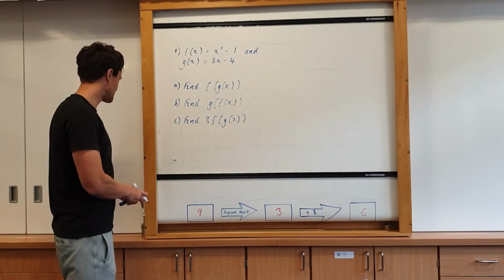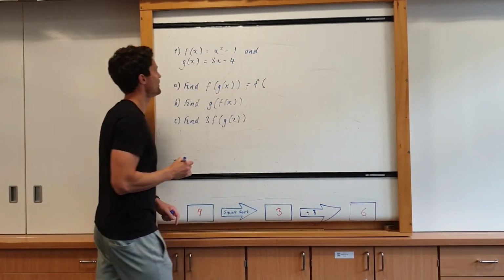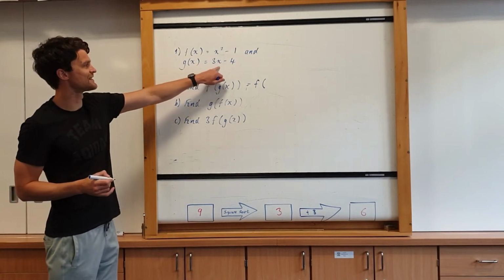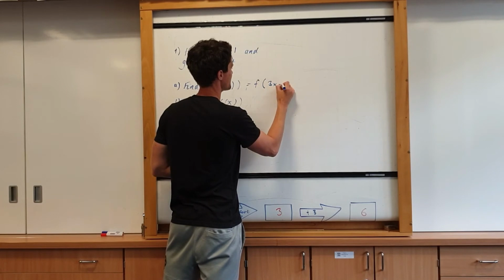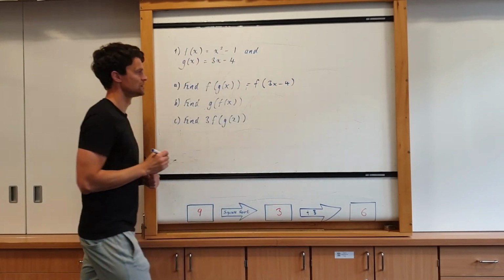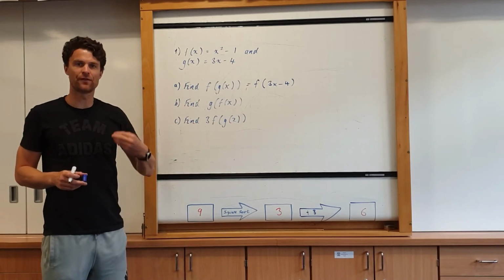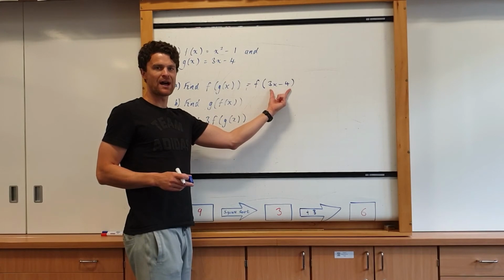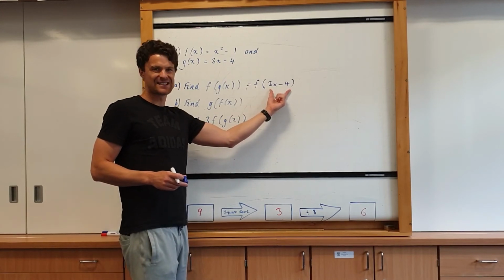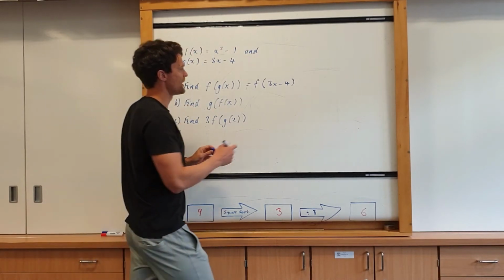So again, that first step is key. F of, and again, we know now that g of x is 3x minus 4, so I replace g of x with 3x minus 4. That is an instruction that is telling you to substitute into the function f. And again, all I'm going to do is whatever is inside the bracket is going to replace the x's in the function f of x. That's my function there. So that is going to become,